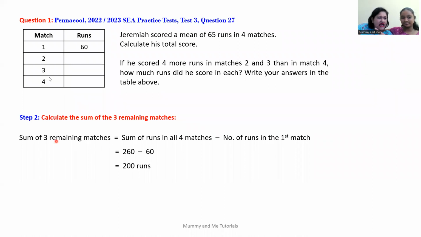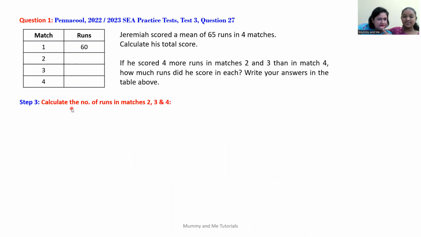So now that we have this 200 runs, and we know it's the sum of matches 2, 3, and 4, what do we do next? Next, we need to calculate the number of runs in matches 2, 3, and 4 individually, separately. Yes. So we know that match 4